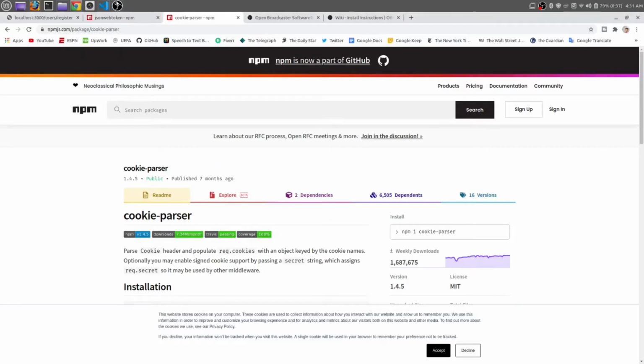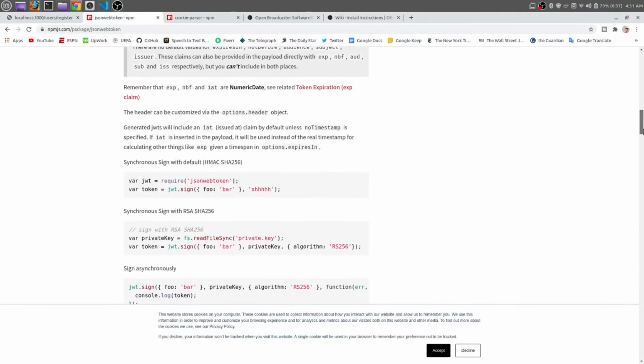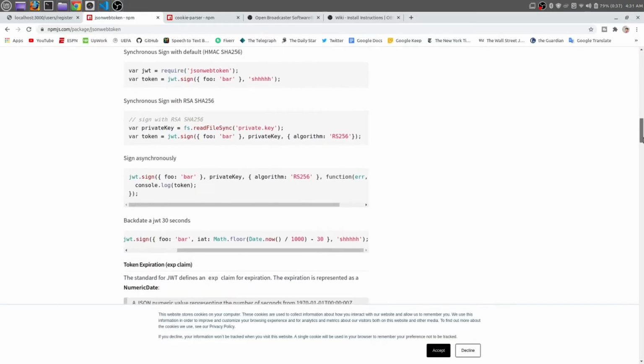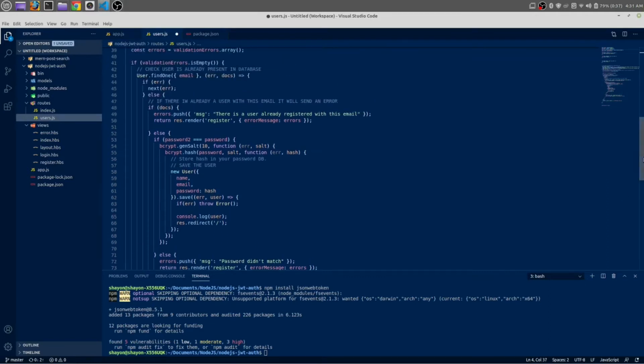Now once again go to JSON web token from npm.js. In here you can sign synchronously or asynchronously. I am going to use asynchronous code. So let me copy everything from here and paste it where we are saving our user.